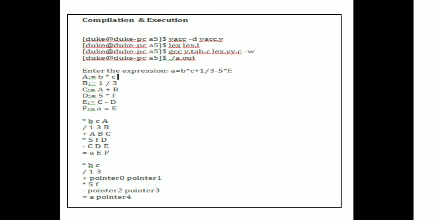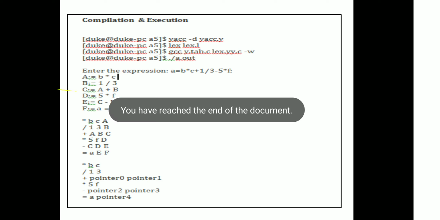We are going to perform this experiment on an Ubuntu or any Linux operating system, where you have already installed the yacc compiler and the lex compiler. This experiment gives us intermediate code, which is the output of the front end of the compiler. You are going to accept any expression and from that expression generate 3 address code, along with a record of that 3 address code with the help of quadruples and triples, or you can record it with the help of indirect triples. Okay, so thank you for watching this video.